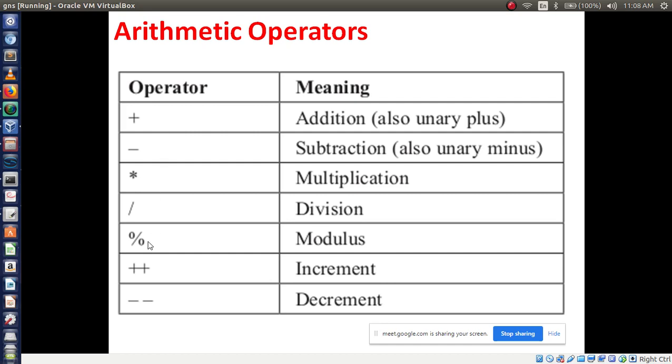You forget about modulus, plus plus, minus minus. You just skip those, only use four resultant variables, result 1, result 2, result 3 and result 4. Then perform the operation, that is result 1 is equal to what? A plus B. Then result 2 is equal to A minus B. Then print these results back.